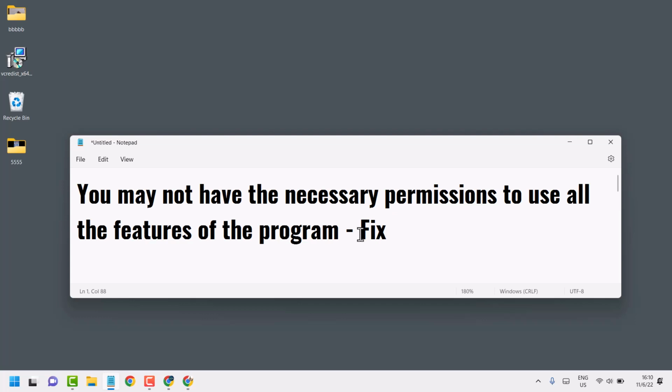In this basic tutorial today we will learn how to fix the error: you may not have the necessary permissions to use all the features of the program. So guys, if you see this error or warning, to resolve and fix this problem,